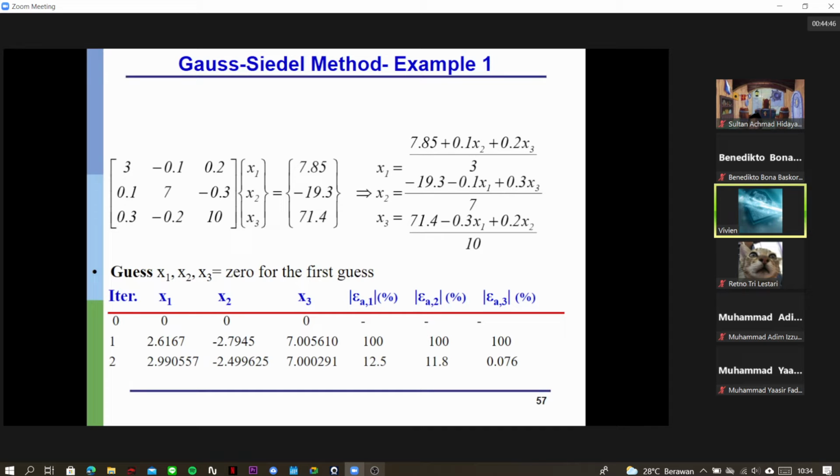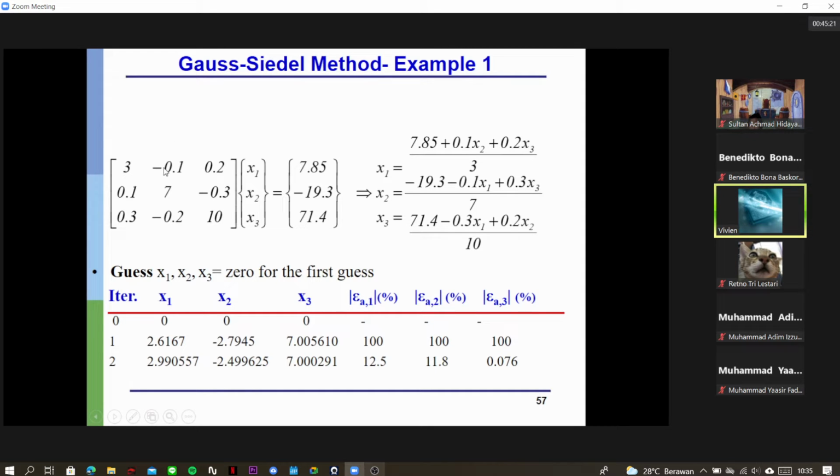All right, so then we will see the example here. Say we have the same example as before, the same system we discussed when covering LU decomposition and Gauss-Jordan. Now we want to calculate x1, x2, and x3. So for x1 here, we have 7.85